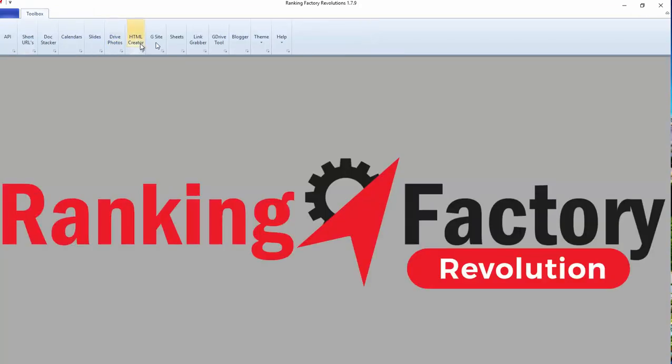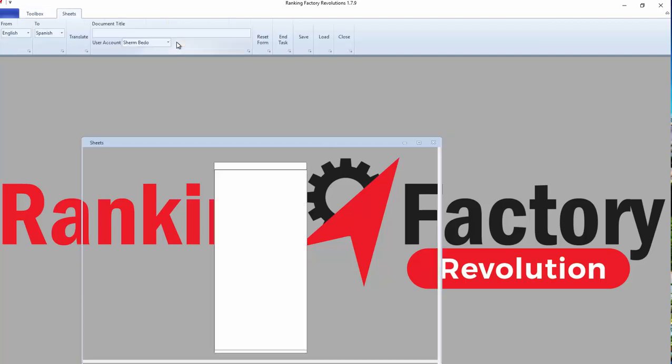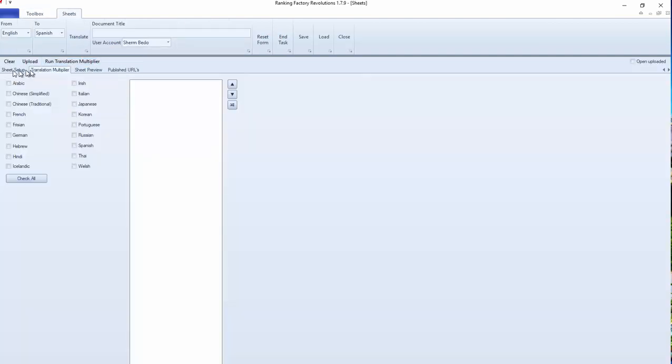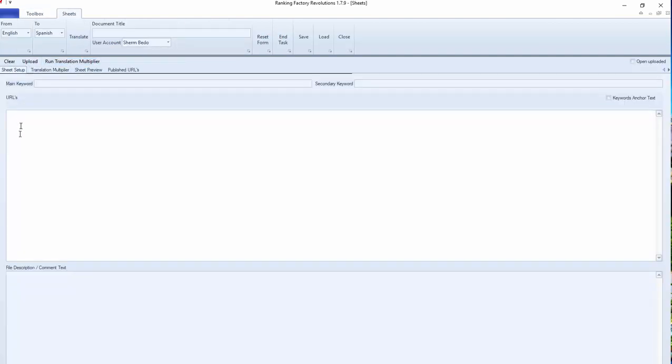And then we have our Sheets. And Sheets is interesting because we can go in and set up and drop in all the URLs you want into Sheets and put in a comment here. Of course, we have a primary and a secondary keyword and our main title for the thing. But what happens is in the Sheets we get to see a preview, but you're going to have 3 columns. You're going to have the primary keyword in front,